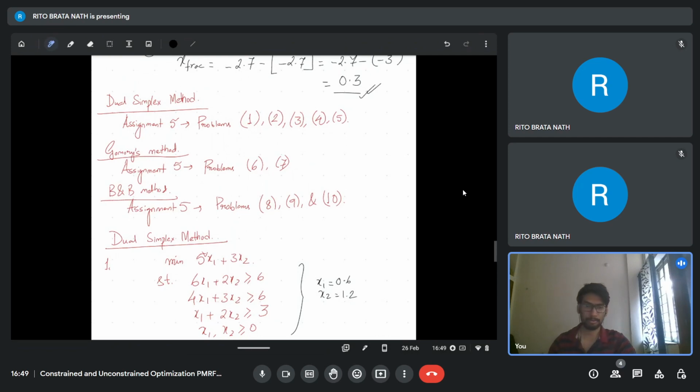So what I'll do today, I'll just have some 10 minutes remaining. So I'll briefly talk about Gomory's method and the branch and bound method, maybe just the ideas of it. Probably will solve some problems related to this in the next class, and I'll be discussing assignment 5 solutions. Okay. So let's start with